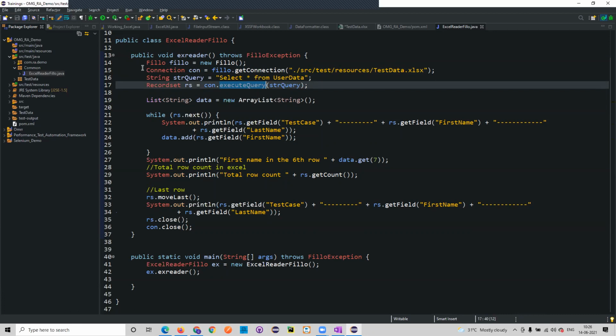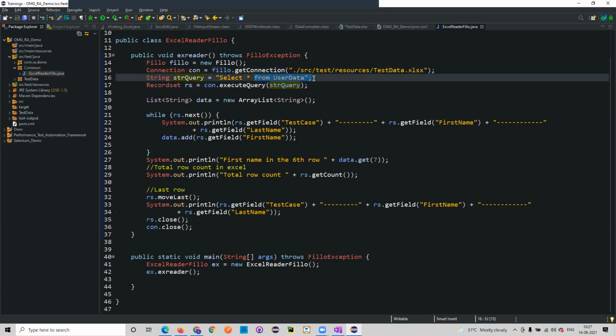What it is trying to do is treat the complete Excel book as a DB, and then query and fetch the data and print those values. If you see here, I gave the Excel book and the user, meaning which sheet I want to use, and that particular query it keeps as a Recordset.